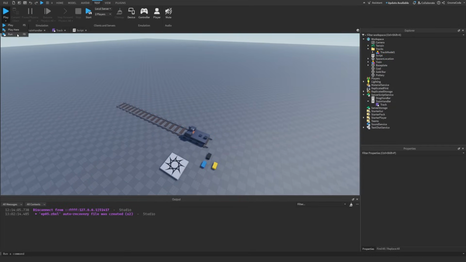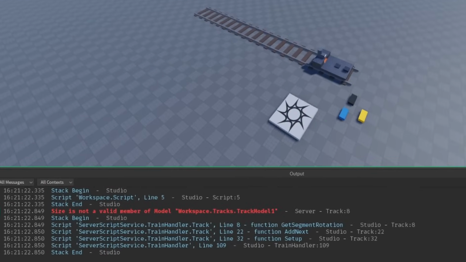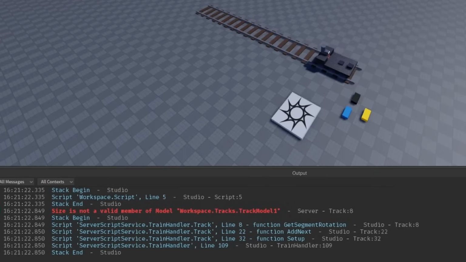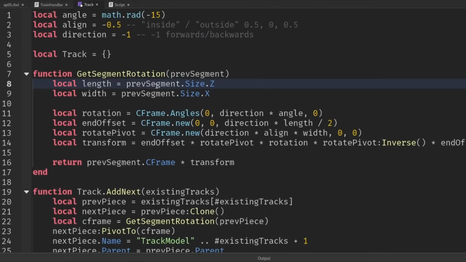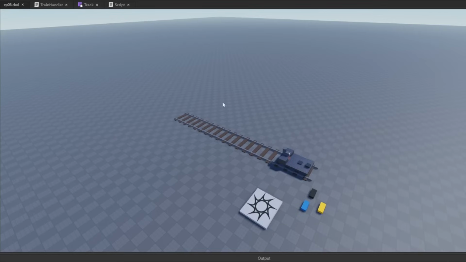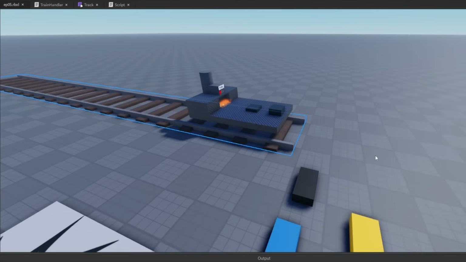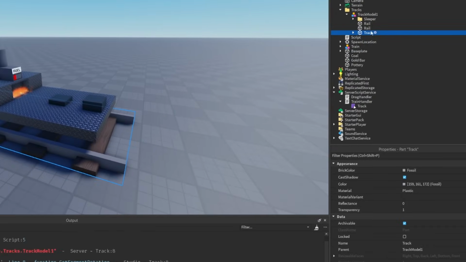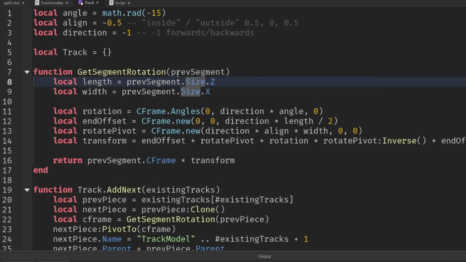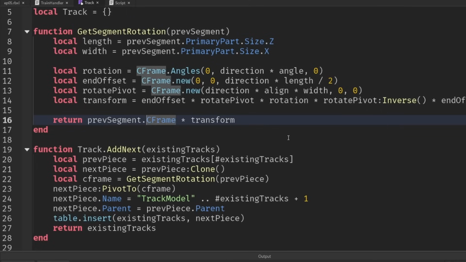But if I click and I run, I am actually going to get an error. Thankfully, that's really easy to fix, just because I was copying and pasting stuff. So I was referencing the size directly, but we actually want to use the primary part because it's a model, so it doesn't have a size value. But we're going to use this track thing that we set as its primary part. So let's just update that to previous